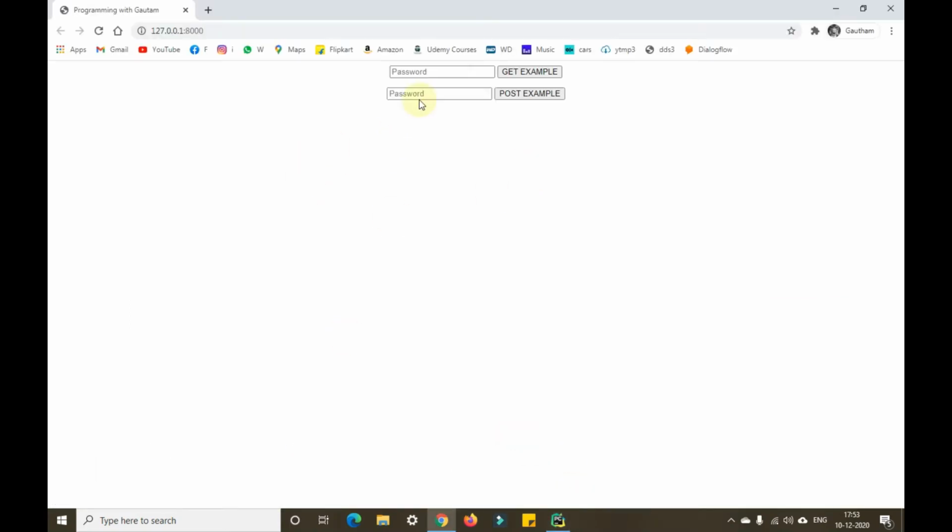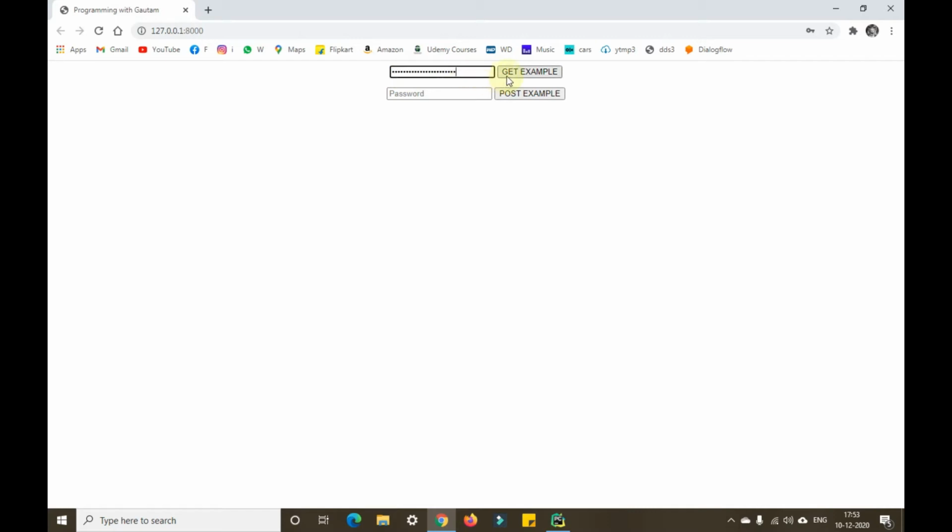So we have run this project and we have got two different fields here. If I enter anything in this particular box, let me enter some random thing. What I am sending, you are not able to see here.